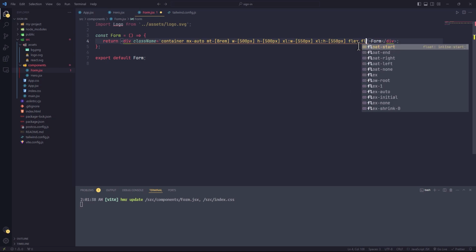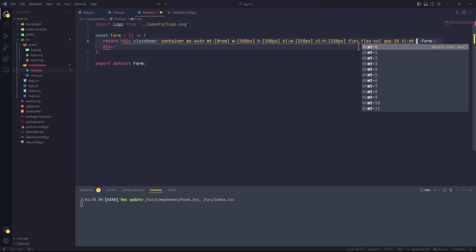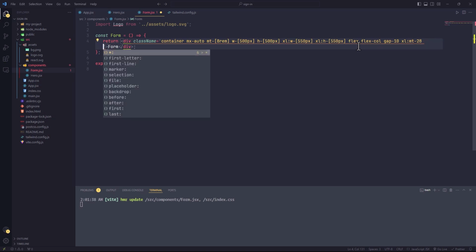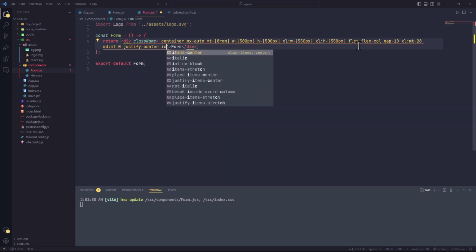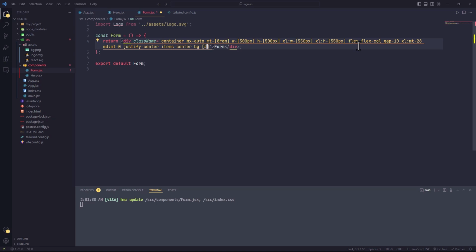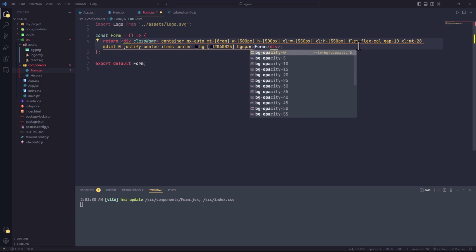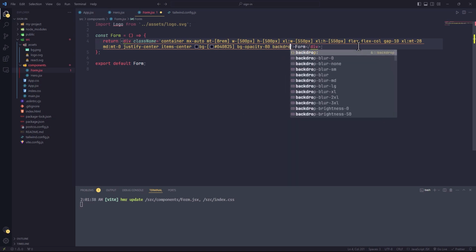And flex column, gap of 10, extra large py of 28, medium py 0, justify center, items center, bg hashtag 4040825, bg opacity to 80, backdrop blur,